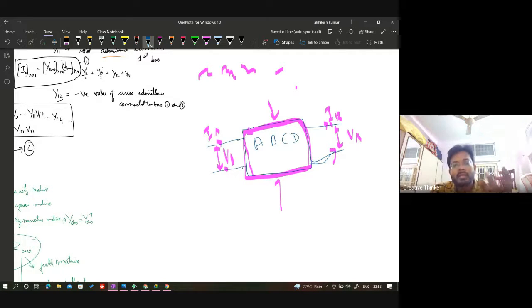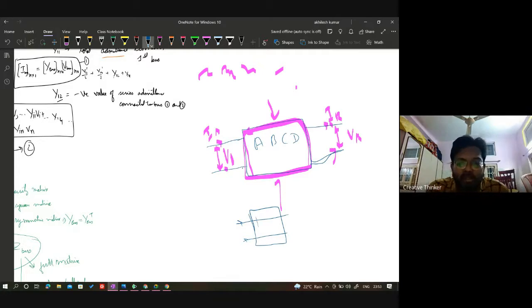Depending upon that we categorize in four or five ways. One is Z parameters, Y parameters, H parameters. H parameters are actually used in electronics; transistors are represented and modeled in H parameters. Another is ABCD parameters, which we use for transmission lines, also called transmission line parameters, because in the transmission line we know the sending end current and voltage, and the receiving end current and voltage. I'm not interested in what is happening inside the transmission line.